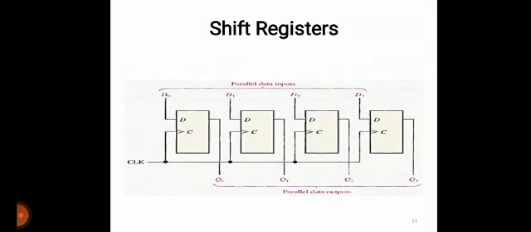Next type of register is a 4-bit parallel in parallel out shift register. Parallel in is nothing but giving the inputs to all the flip-flops at a time. If that is the case, then it is parallel input. And you can observe here that the output is taken, that is Q3, Q2, Q1 and Q0, after each flip-flop. Then that is called the parallel output. That is, I am taking the output in parallel at a time.